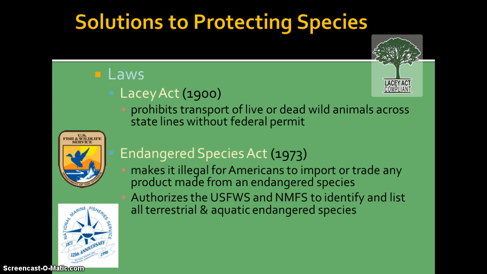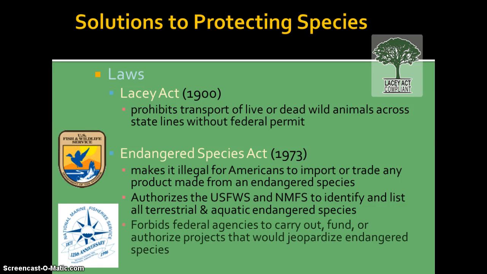And the Endangered Species Act also authorizes the U.S. Fish and Wildlife Service and the National Marine Fisheries Service to identify what those endangered species are. So they're in charge of listing both terrestrial and aquatic endangered species. It also forbids federal agencies to carry out projects or fund projects that would endanger or jeopardize any of